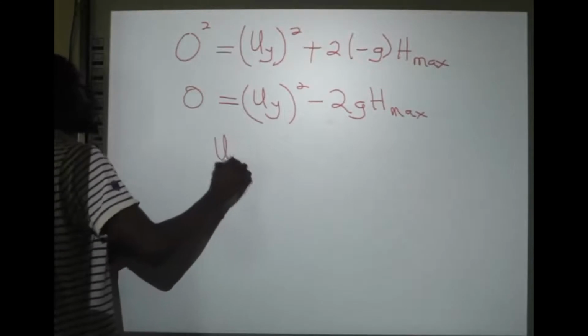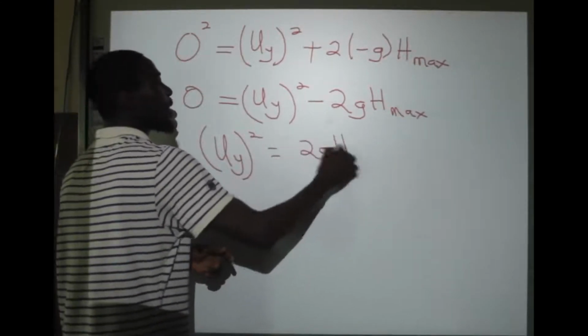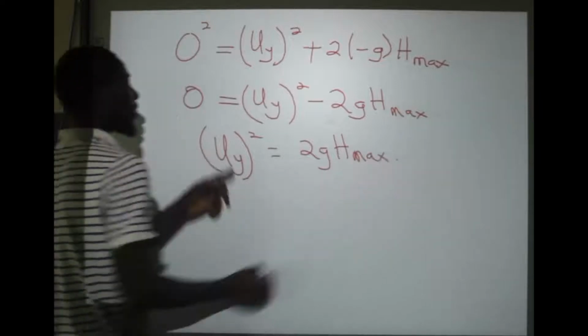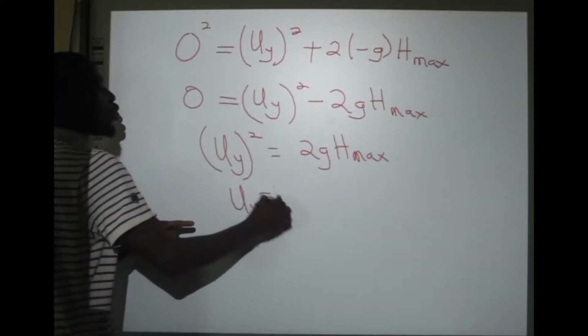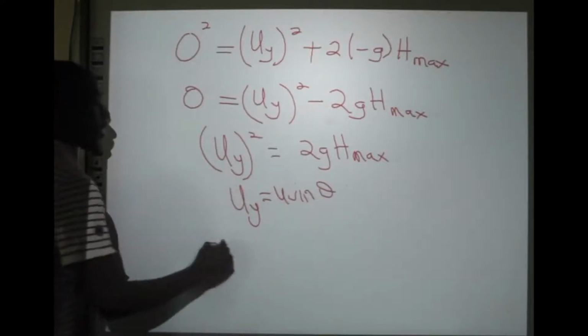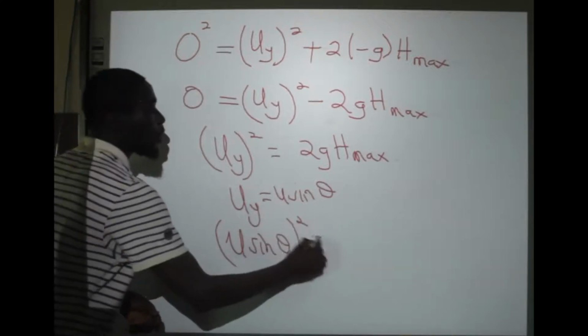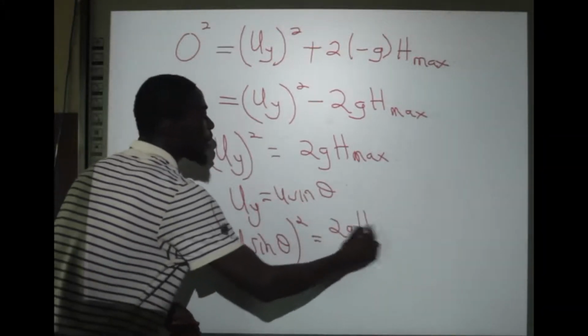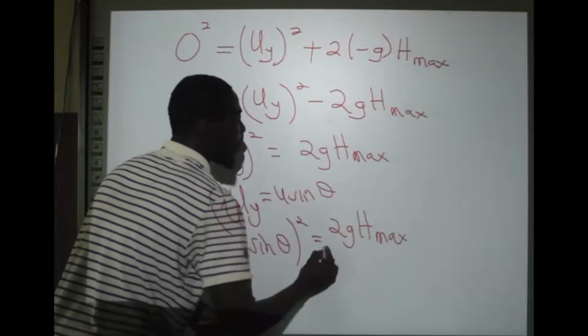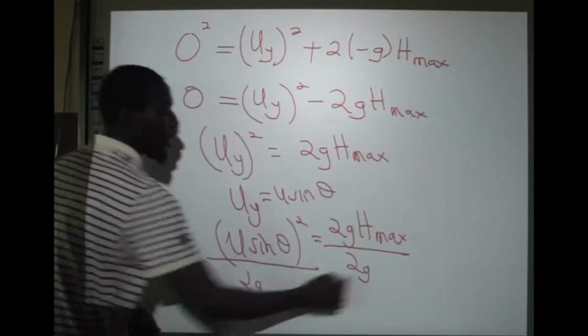Eventually, our (u_y)² will give us 2gh_max. Now don't forget, our u_y is given as u sin θ. So if you substitute that into the given expression, it implies that (u sin θ)² will be equal to 2gh_max. So if you divide through by 2g, because we want to obtain our h_max, that means our h_max will now be equal to